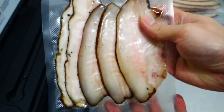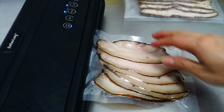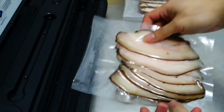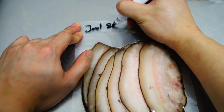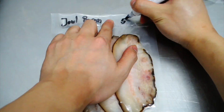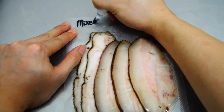It's still pink, but sorry to disappoint, the color is gonna change after a few days. But don't be alarmed, guys, because the pork is not going bad here. It's just that salt has the role of preserving meat. Just like when you're doing confit or beef rendang, they use a lot of salt because they want to preserve the meat. But if you want to preserve the color, you do need curing salt because that kinda helps you